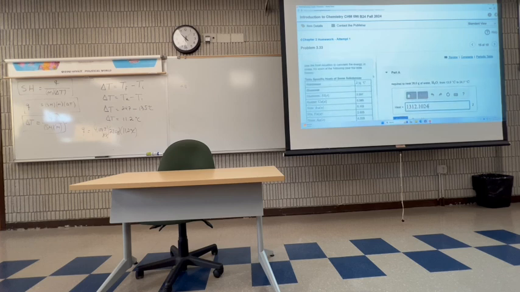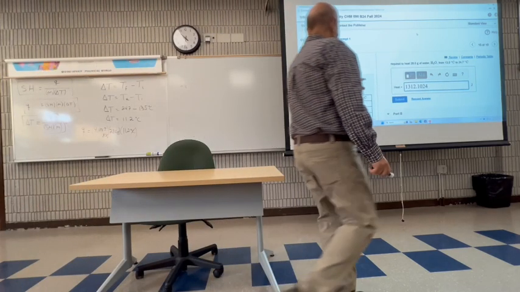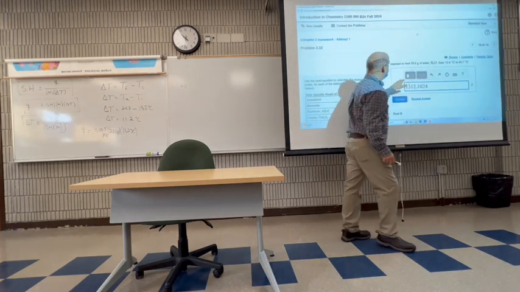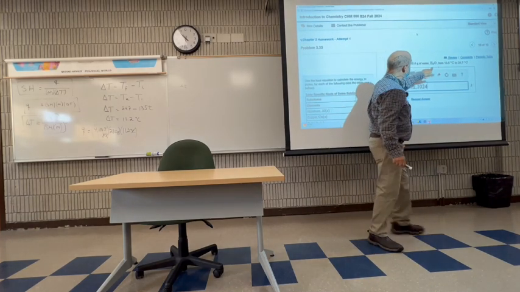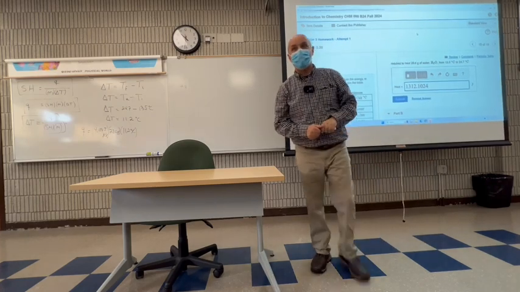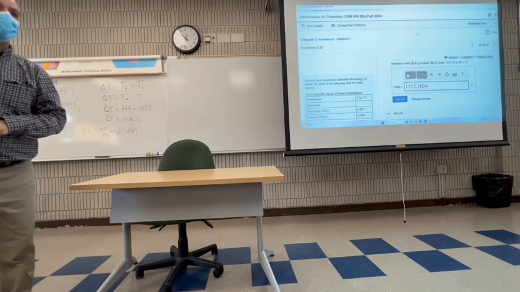Did they ask for a specific number of significant digits? They don't, but we know better, and we know that we need to fix this answer to the number of significant digits that we have here. So 1, 2, 3, 1, 2, 3. We're going to reduce these to 3 significant digits. Are you getting a different number when multiplying?